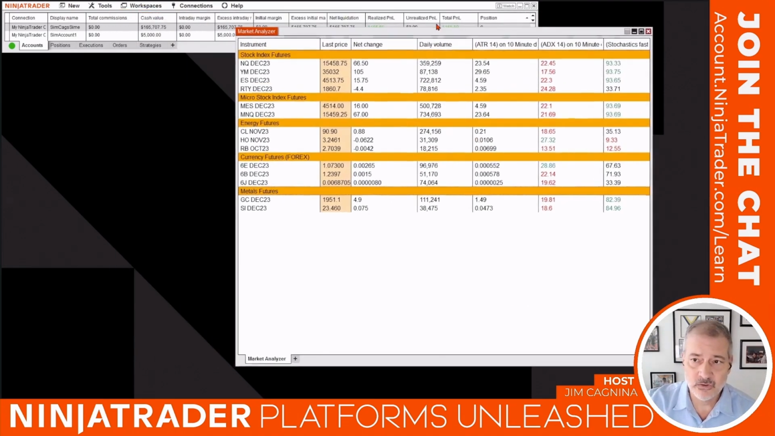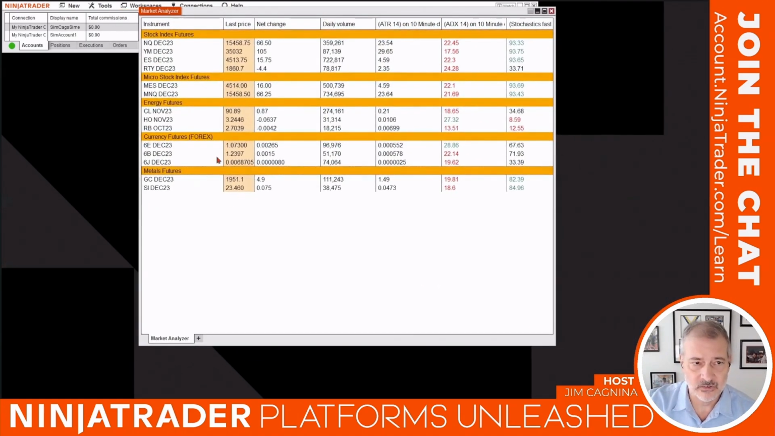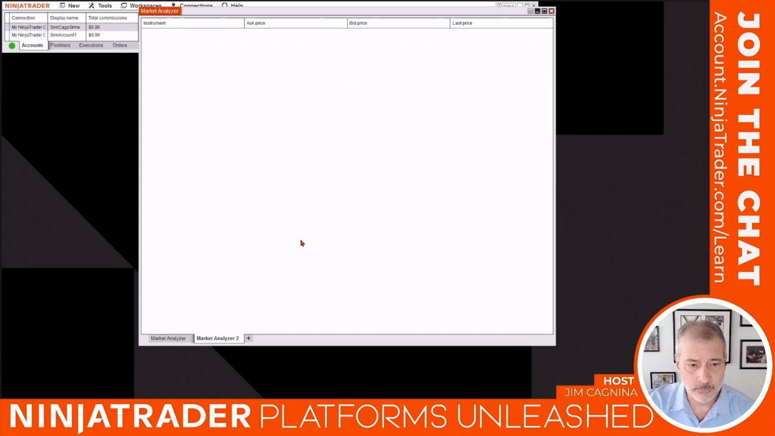Other thing you could do is you could have more than one market analyzer. And there's two ways to do it. One way is just to go to the control panel and pop open a new instance of the market analyzer. The other way to do it is at the very bottom here, you can hit that little plus button down here, and it gives you another blank canvas, and you could create something completely different with this